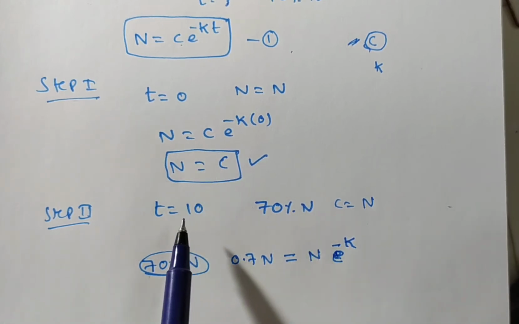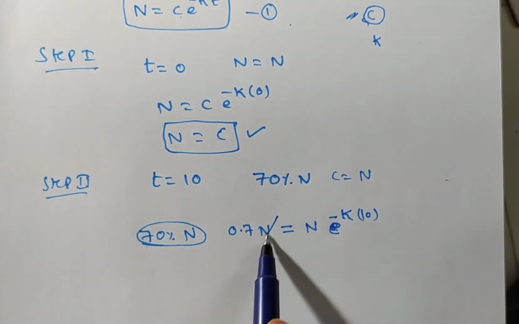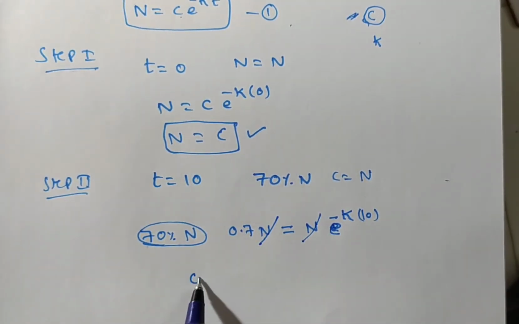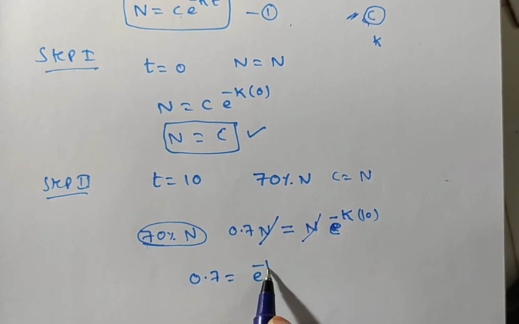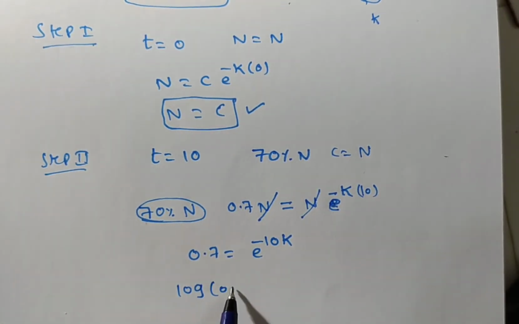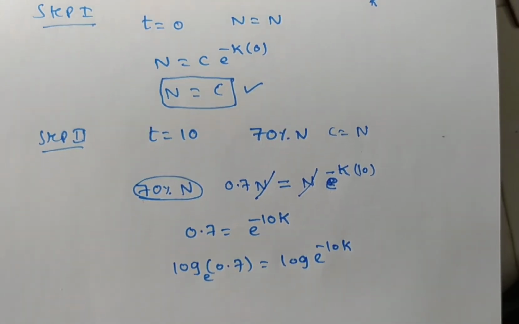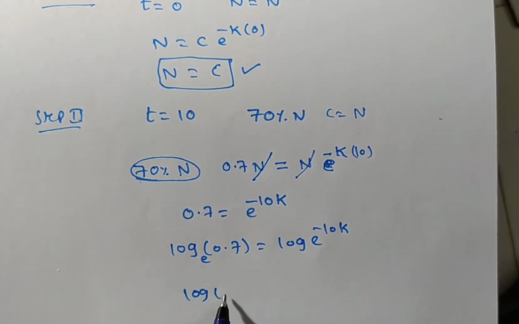Next, what do you know? The T value. What is T? 10 days. So you have to simplify this. You see the left side and right side get cancelled. Then you will have 0.7 equals e to the power of minus 10 times K. Here K is only a constant; we need to find this unknown value. How can you get it? By applying log on both sides. If you apply ln, ln is log base e only, the natural logarithm. Then you will have ln 0.7 equals minus 10K.